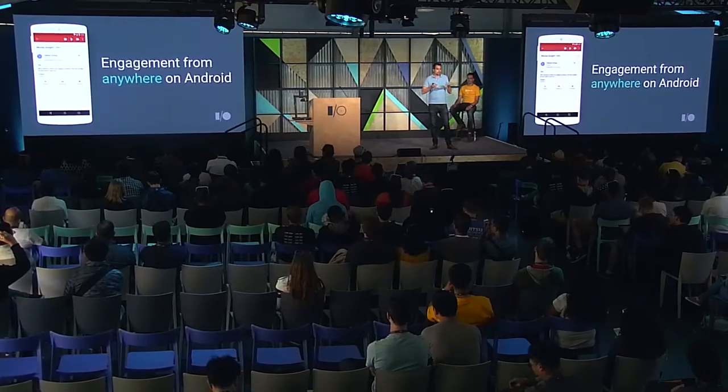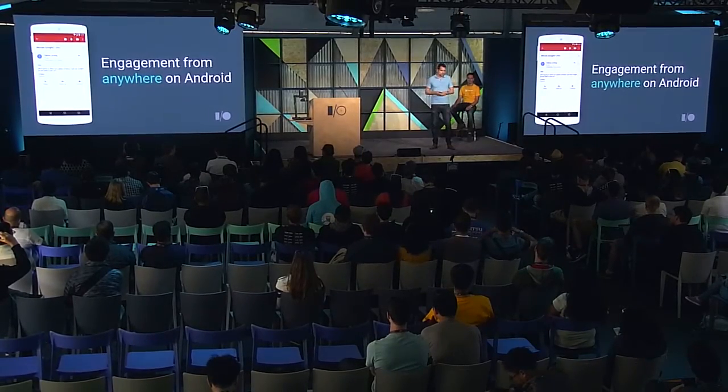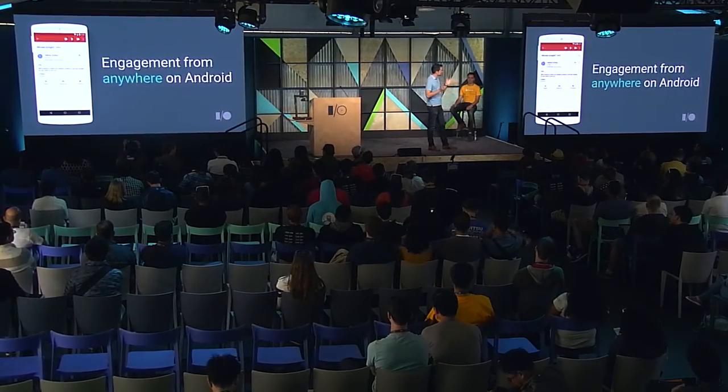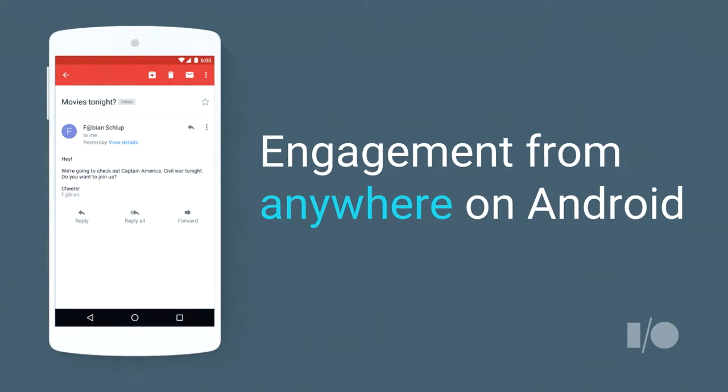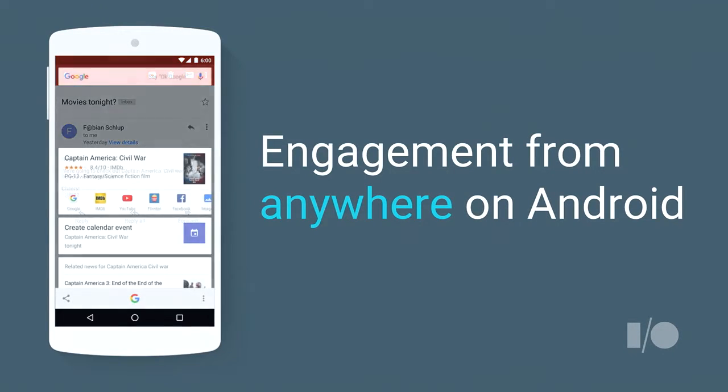Now, besides the search results page and the Google app, Google brings your app content to our users' fingertips in the form of Now on Tap Anywhere on Android. Here, Fabian told me about a new movie, Captain America, that we should check out. Now, all I have to do is tap and press the home button, and I get more information through Google Now on Tap. Here, I get the card for Captain America.